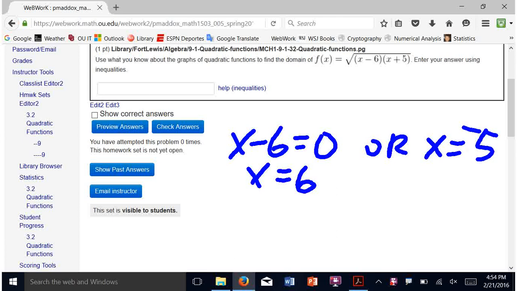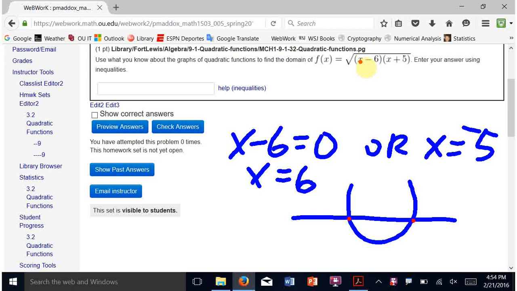Okay, so what that's saying is that we have a 0 at negative 5 and 6. And you'll also notice, it's very important to note, does this graph open up or down? Well, I've given away the answer. It opens up. But how did I know that? Because the leading